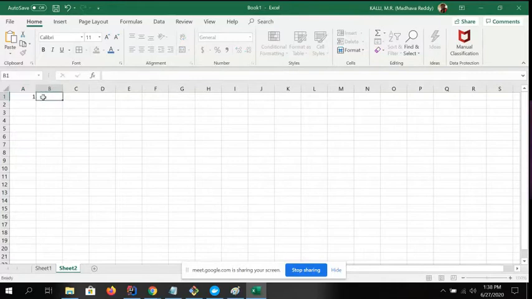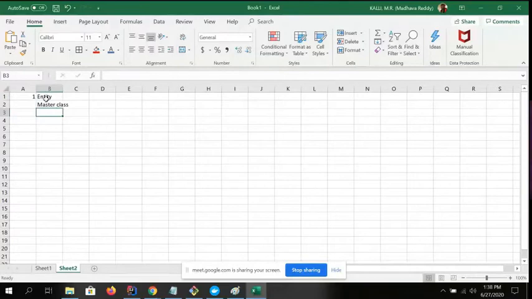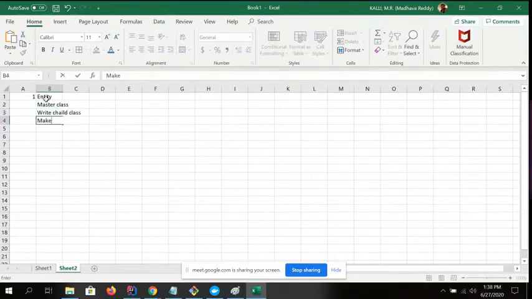First point, we have to define an entity and then write a master class. Then write a child class and make a relationship, and make the child class the owner with join column.